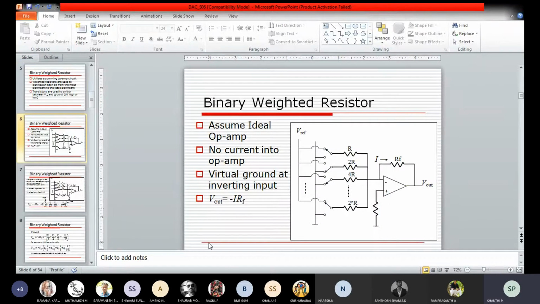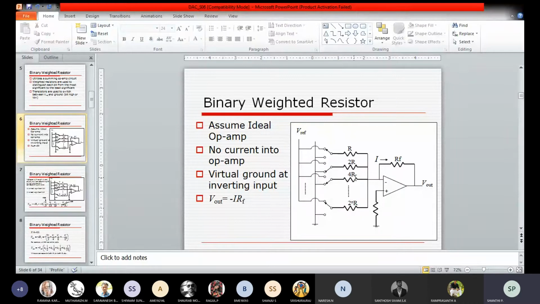Okay, this one circuit. Here ideal operational amplifier we have to use. Okay, no current flows through this circuit to the operational amplifier because of the virtual ground, means zero ground voltage is given to the circuit, means only zero output voltage. When we turn the switches from low to high, that time only we are getting the output. Okay, V out equal to minus I RF. That's a feedback amplifier, inverting amplifier.